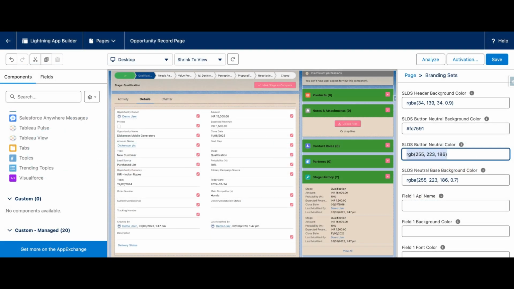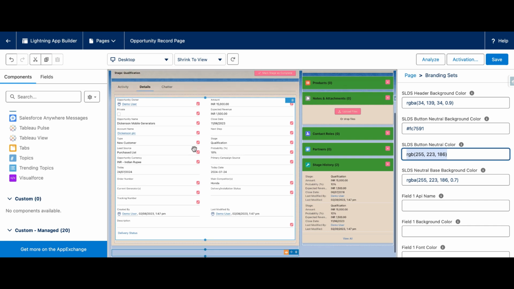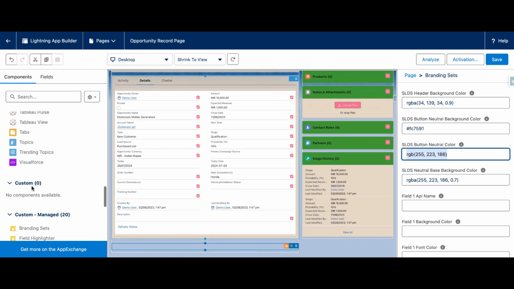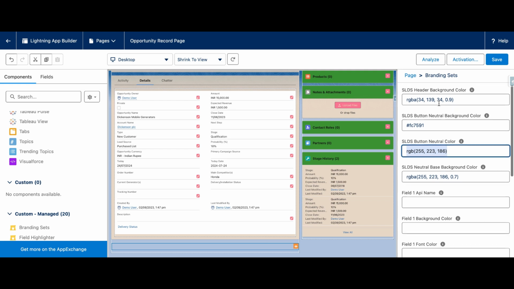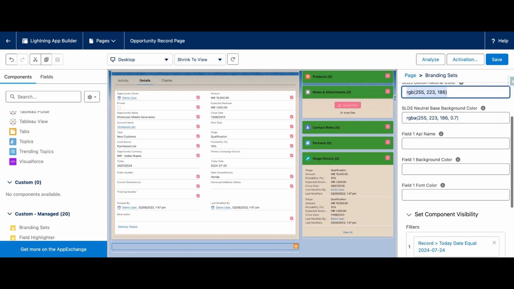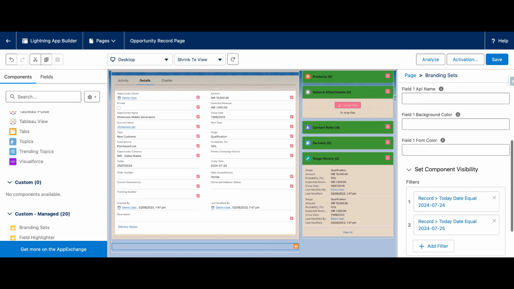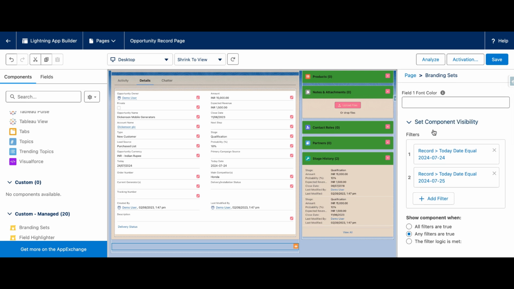Apply the branding sets to the Opportunity record pages in the standard navigation app. Pay close attention to the placement of branding sets component and following for color configurations. Notice the component visibility filters of branding sets component. For this demo, we have used 24th and 25th of current month to apply the colors on the record page